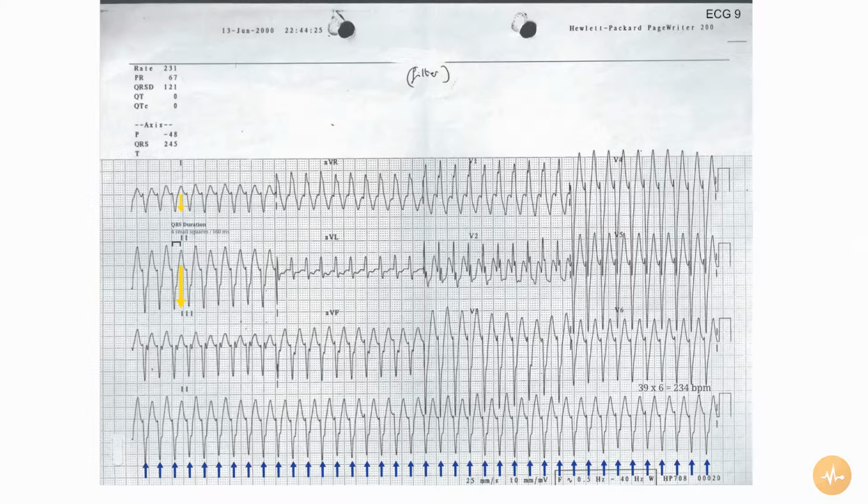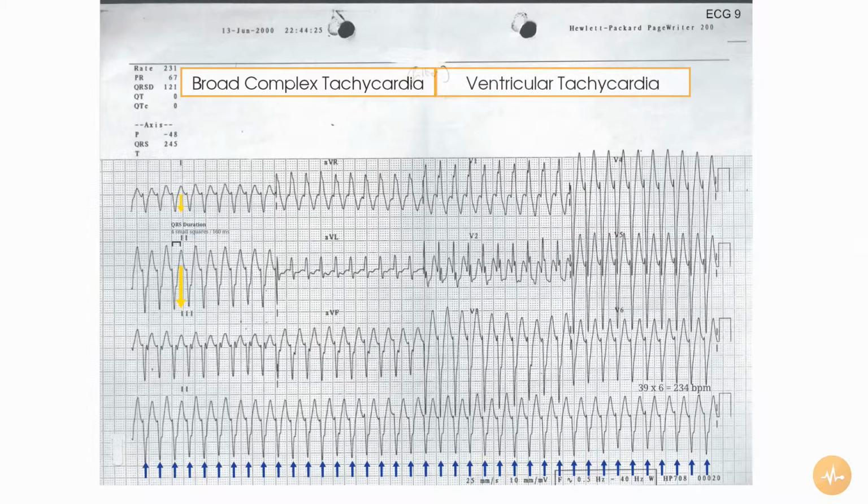In summary, this is a broad complex tachycardia with an extreme ventricular rate. The widely displaced axis and morphology of the ECG are highly suggestive of ventricular tachycardia, and either way the patient should be electrically cardioverted. Of note, the chest leads do not show concordance, i.e.